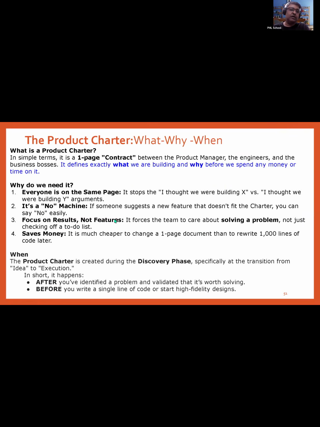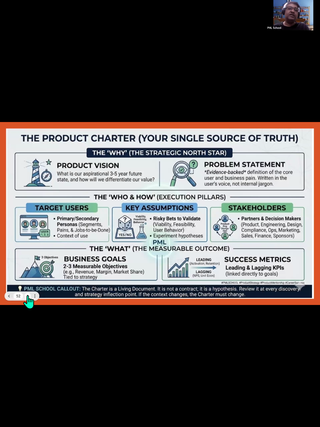And focus on results, not on features. So why do we need it? Everybody on the same page. So if someone suggests new features, we can say, let's go and connect to the product charter, right? And in terms of saving money, because you are not doing the wrong things, you are not solving the wrong problems, right? So if you see the product charter, there are different components: product vision, problem statement,